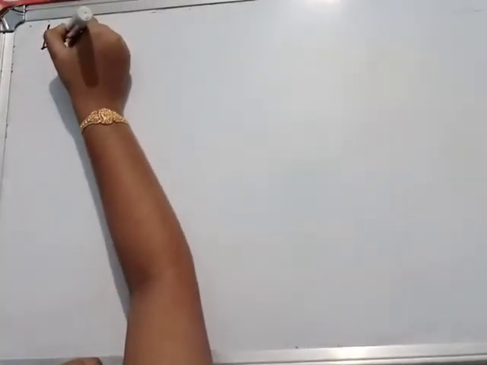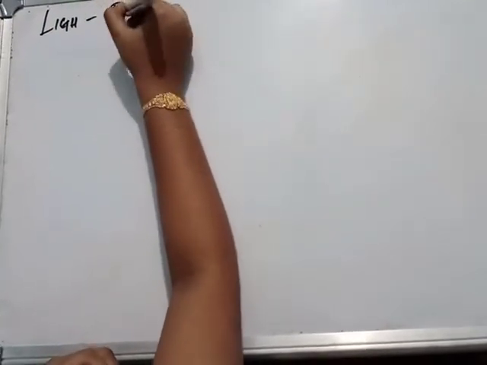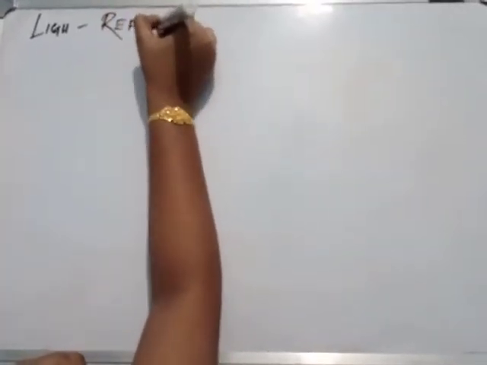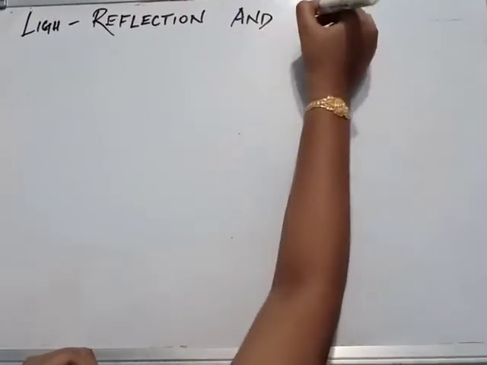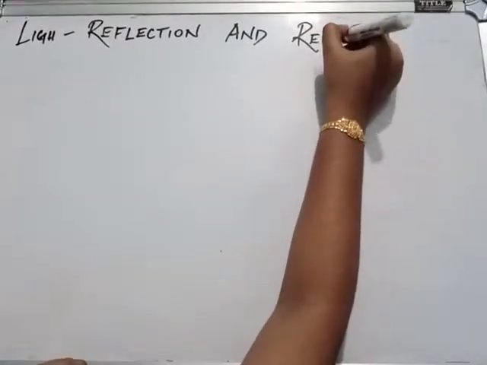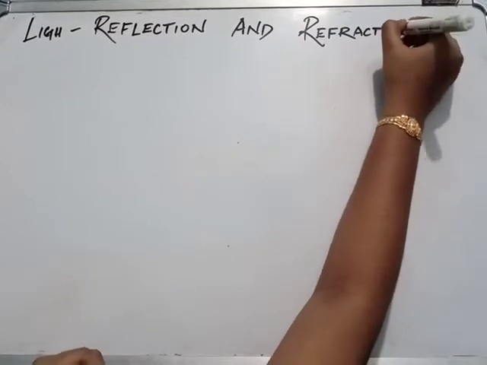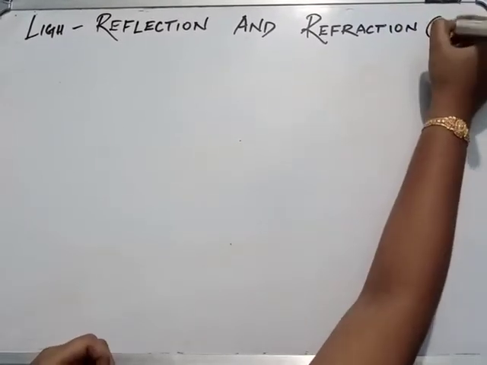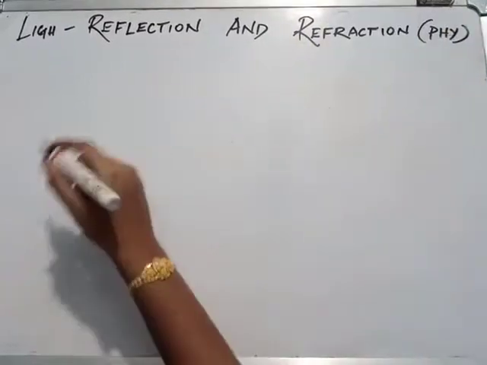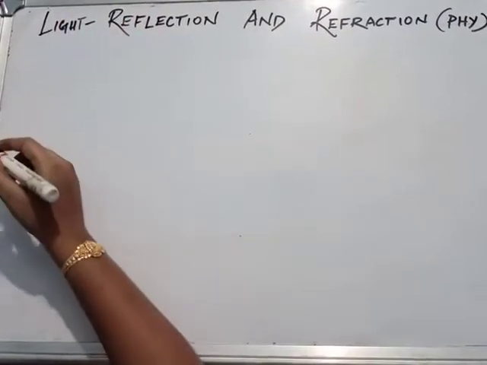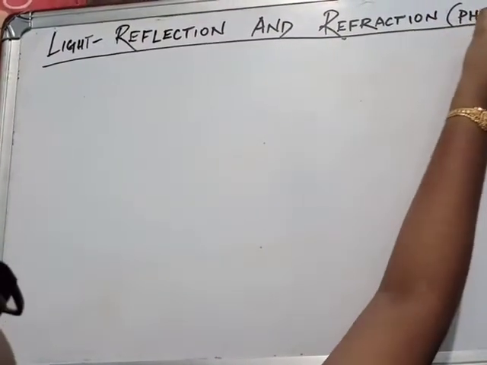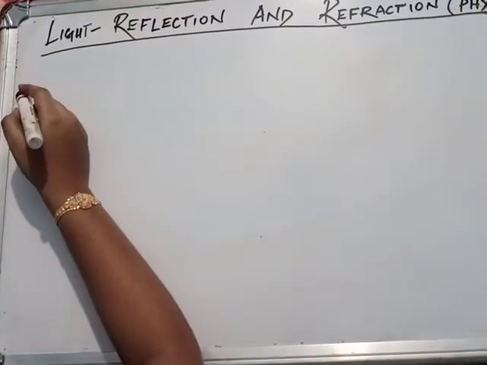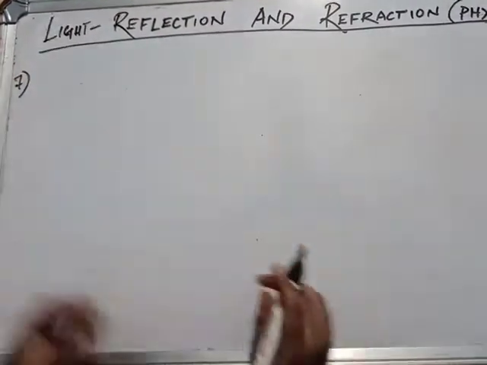Today we'll be solving the questions from the chapter Light, Reflection and Refraction, and we'll be going with the exercises. This belongs to the physics part. Now we'll be going with question number 7, because we have already completed the previous 6 questions in our previous videos. The 7th question is,